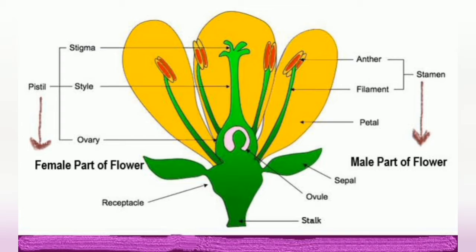There are two types of pollination: self pollination and cross pollination. The pollen grains enter the ovary through the style and fuse to form seeds. This process is called fertilization. The ovary swells and becomes fleshy, and the seeds develop, and the ovary develops into a fruit. As the fruit ripens, the petals dry up.